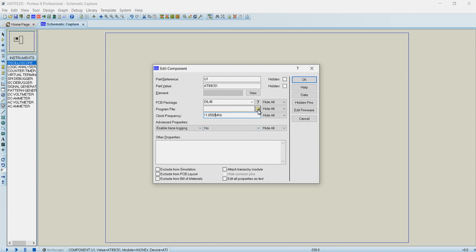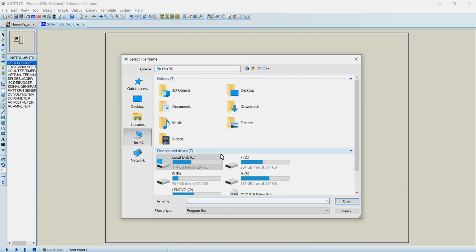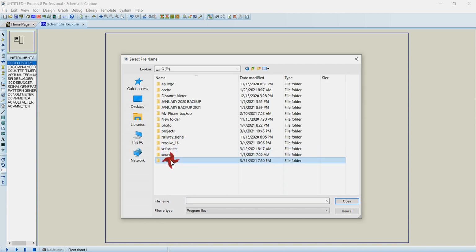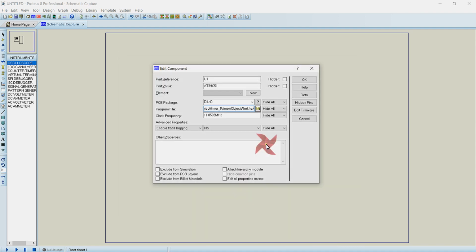Click on this icon to load the hex file to this microcontroller. Go to the project location where you have stored the project files. Inside the project folder, inside the objects folder, you will find this hex file. Click on this and click on open.